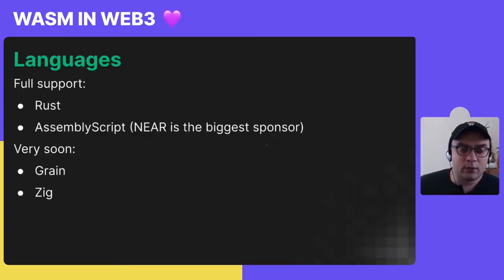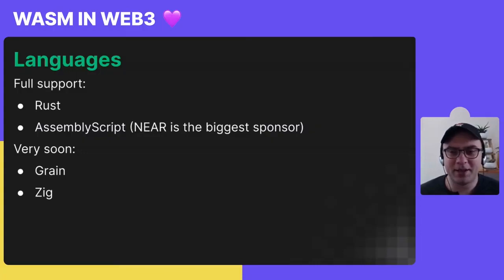Currently we support two languages, Rust and AssemblyScript. Most of you are familiar with Rust, and most of the WebAssembly enabled blockchains use Rust as their primary smart contract development language for many good reasons. One of them is that Rust is a first class citizen as a WebAssembly language, not surprisingly, because the community that develops Wasm and Rust is heavily overlapping.